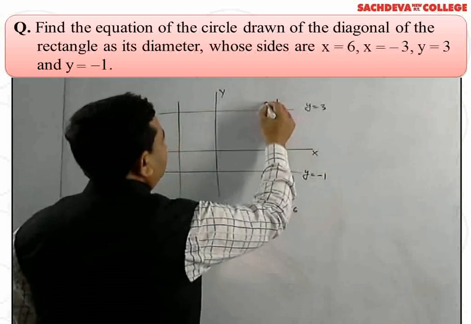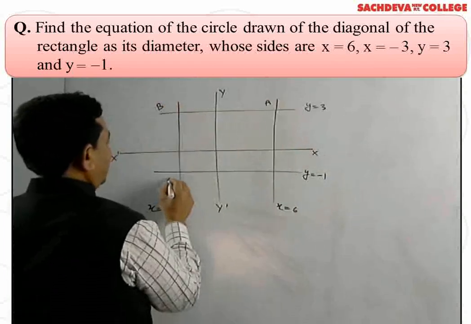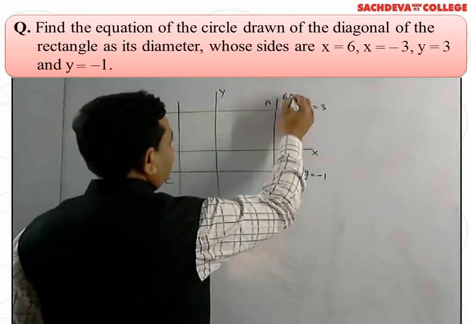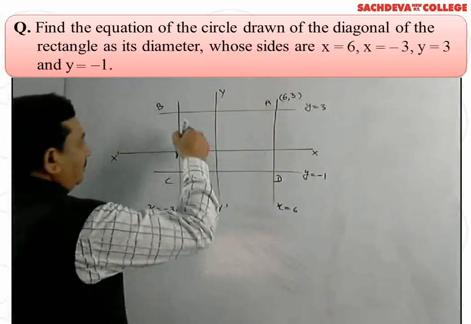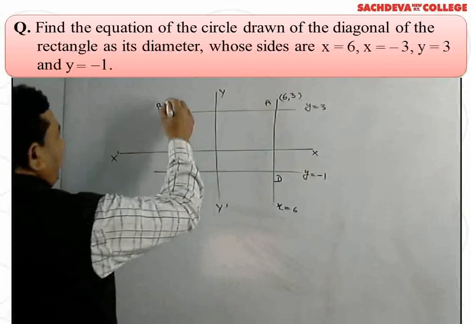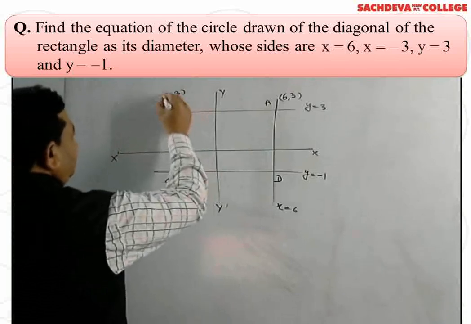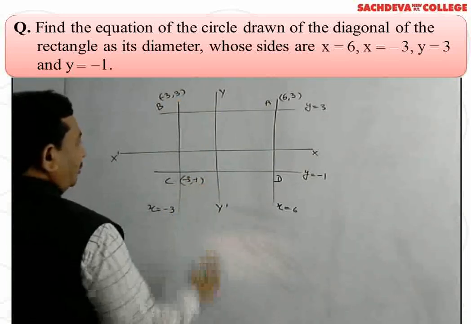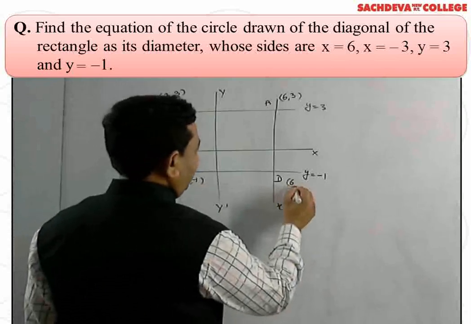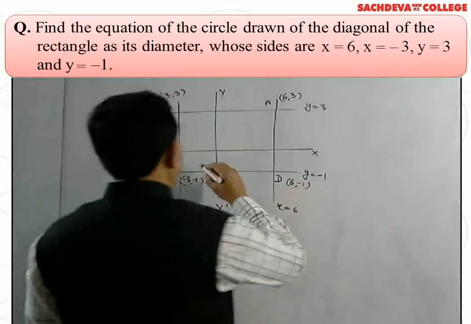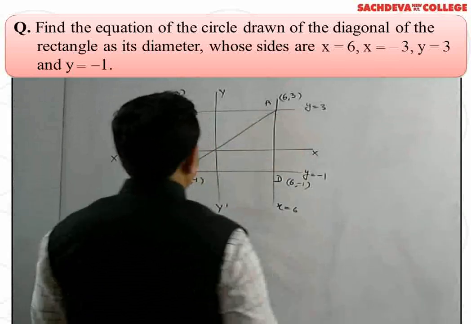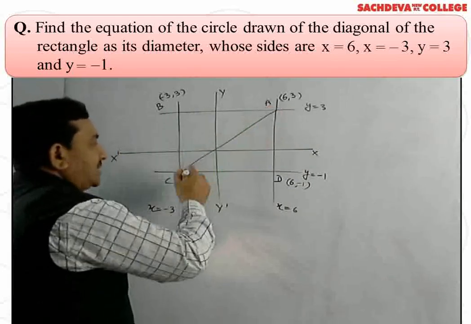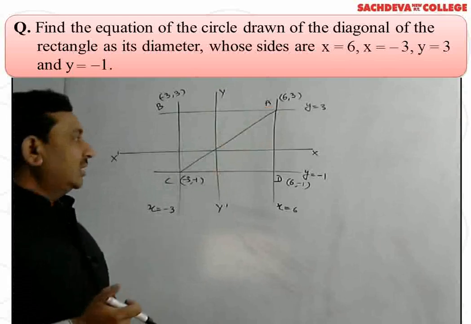This point is A, this is B, this is C and this is D. So the coordinates of point A will be (6, 3). Coordinates of point B will be (minus 3, 3). Coordinates of point C are (minus 3, minus 1), and coordinates of point D are (6, minus 1). So AC is a diagonal here. Taking AC as the diameter, the equation of the circle will be